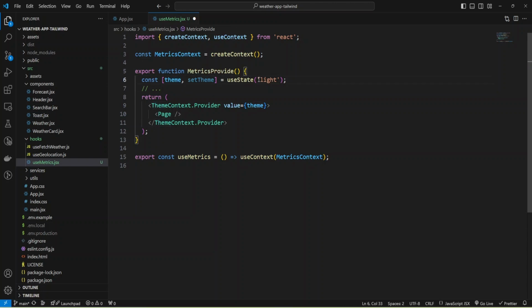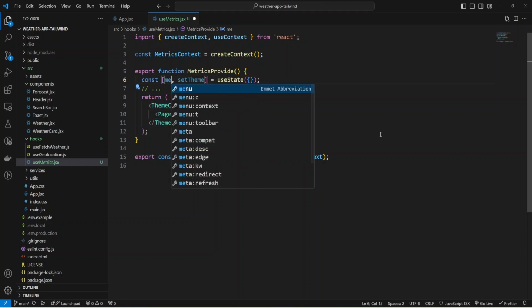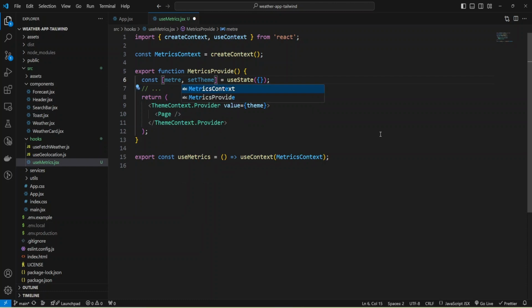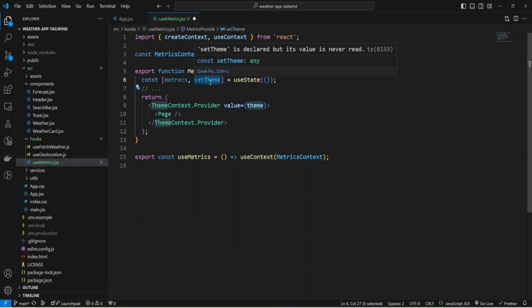I'm going to use an object inside useState as the initial value and we'll change it further, and as the name I'll add metrics and the function will be setMetrics.